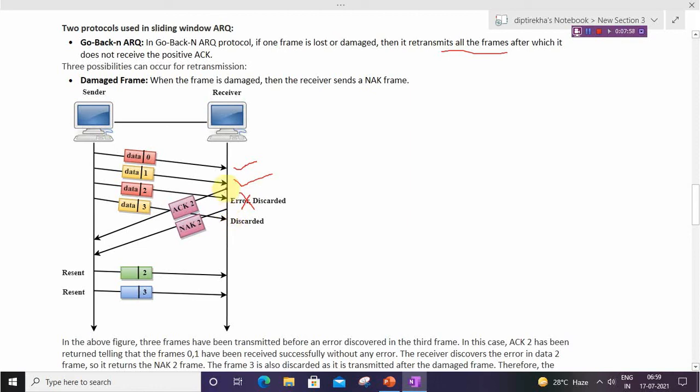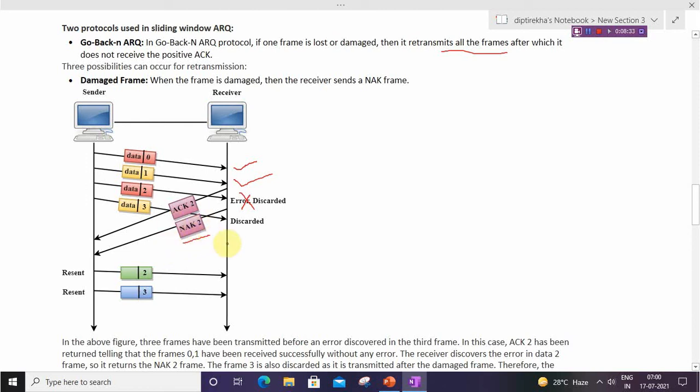After getting frame 1 correctly, it sends ACK2. ACK2 means it received frames 0 and 1 correctly and it wants frame number 2. But frame number 2 is damaged or corrupted. So after getting this damaged frame, the receiver sends NAK2.